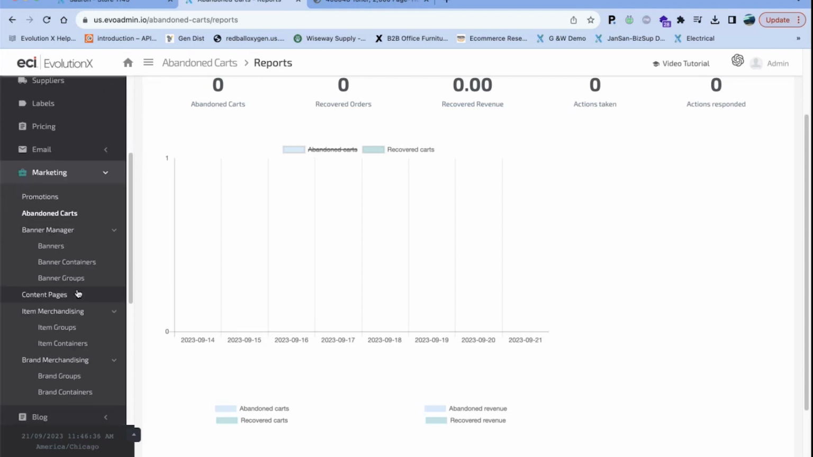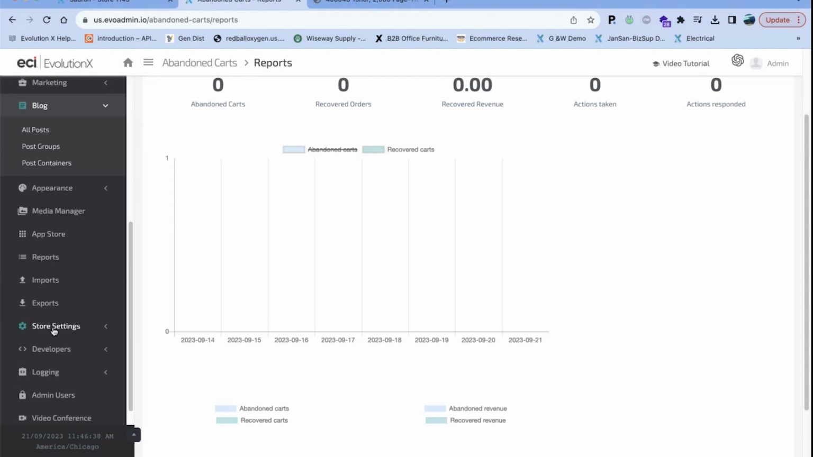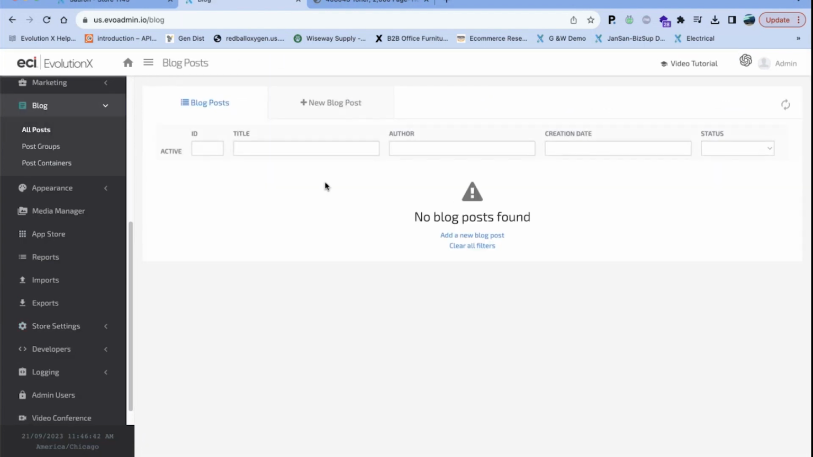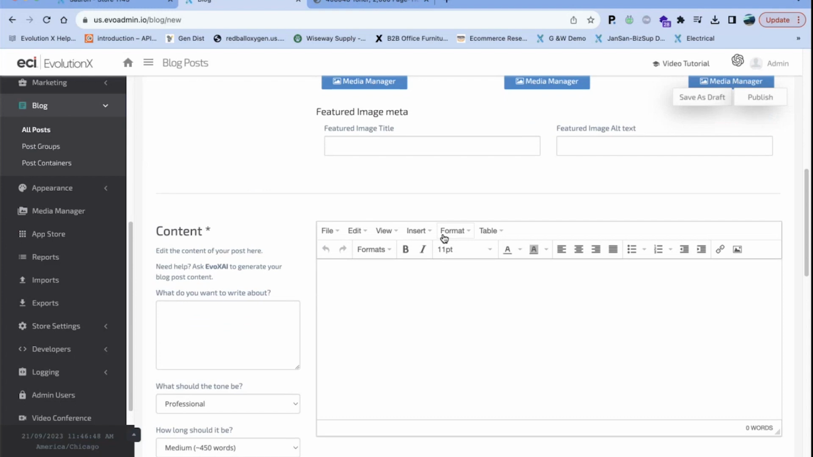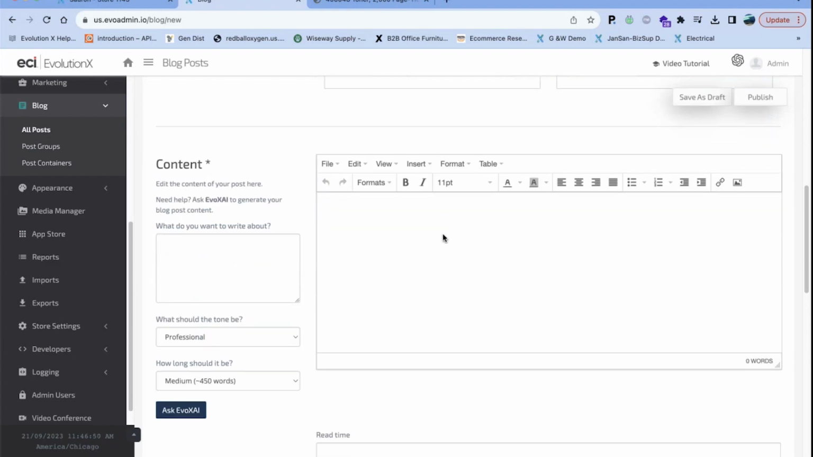One of the other features that we built out that I would say is a marketing feature is our blogs. So we actually have the ability now where we can go through and we can create new blog posts with some AI. So we have what we call EvoX AI. And if we wanted to create a blog right on the spot on, I don't know, health benefits of ergonomic furniture, you try and sell a little bit more furniture, we could do that